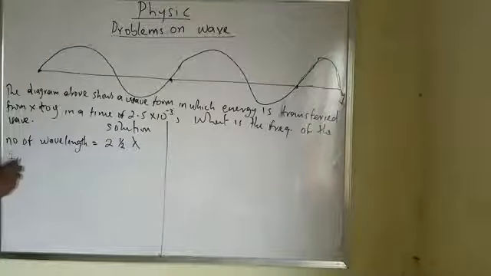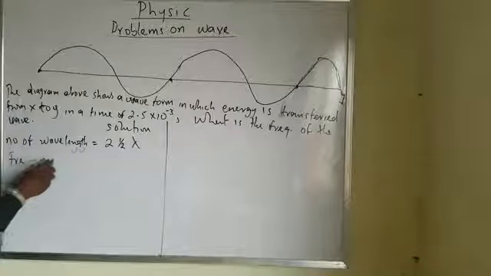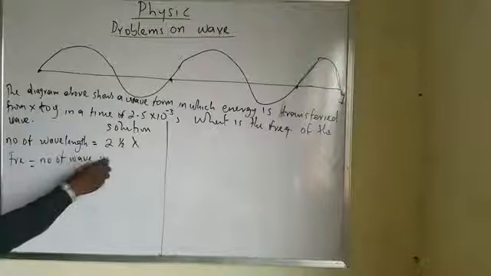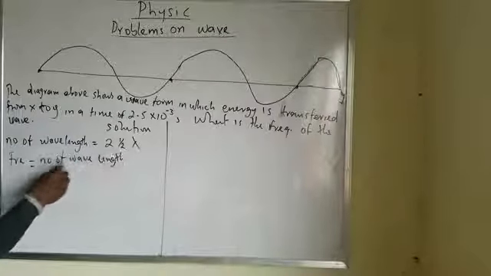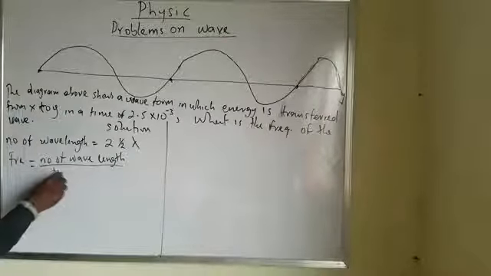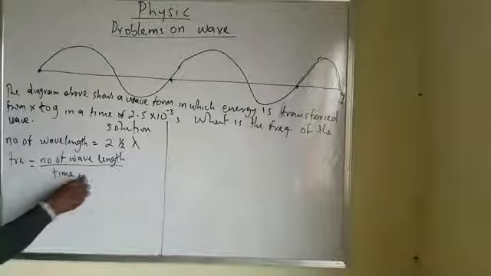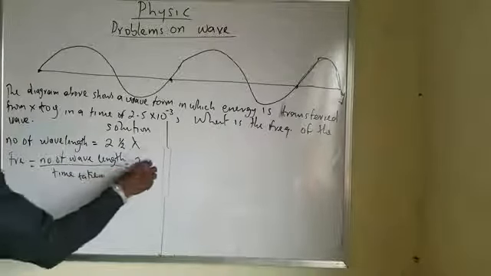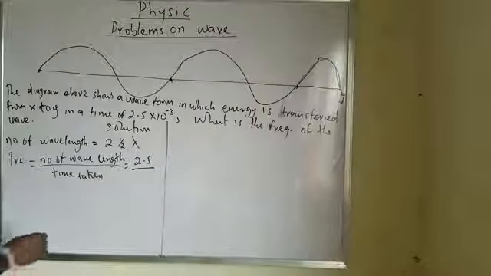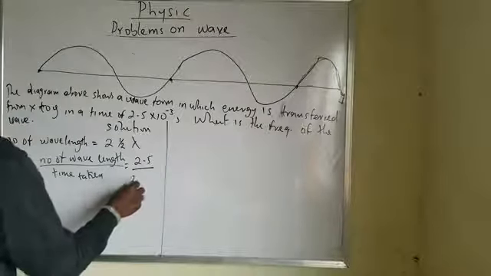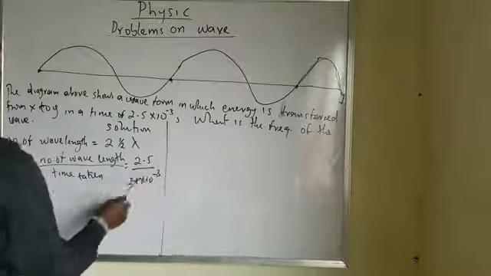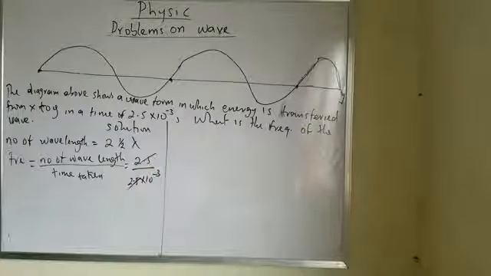Now, my frequency will be equal to the number of wavelengths divided by time taken. What's our number of wavelengths? 2.5, divided by our time taken, which is 2.5 multiplied by 10 raised to power minus 3 seconds. This will cancel this, which, as far as multiplication, means my frequency